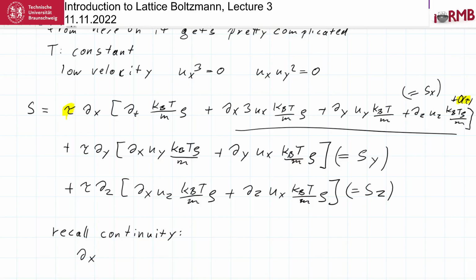The only thing that we have to take into consideration is that we actually get the first one 3 times. So we can eliminate, or we can combine one of the 3 ux's here together with the other guys here and draw them out